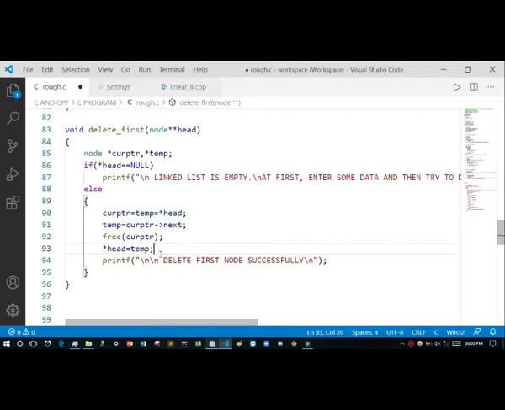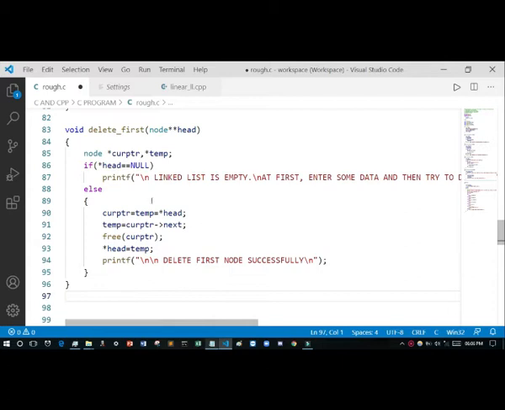So you have to write this, because this is the first. After I have deleted the first, the head pointer you have to point to the next node. Next means current pointer's next means head's next. Then it will print the message, deleted first node successfully. When we run this code, you will understand more clearly.